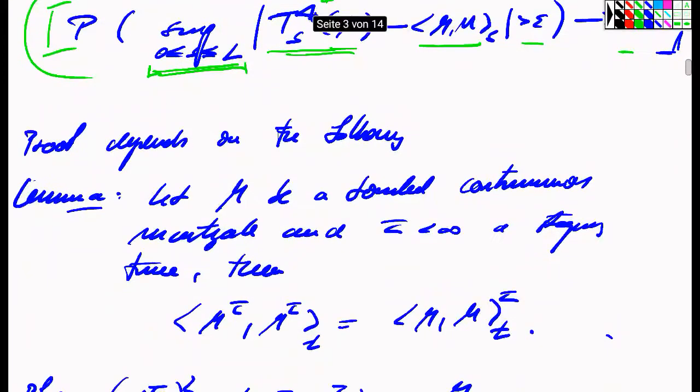So this statement says that we have a notion of quadratic variation which is quite uniquely determined through these compensating properties for local martingales. And the proof of this depends on the possibility to define this bracket process to start with, and it depends therefore on the following lemma, namely if M is, say, for instance, a bounded continuous martingale, so a martingale whose values are all inside a certain corridor, not too far away from the origin, and if we have a stopping time which is finite,